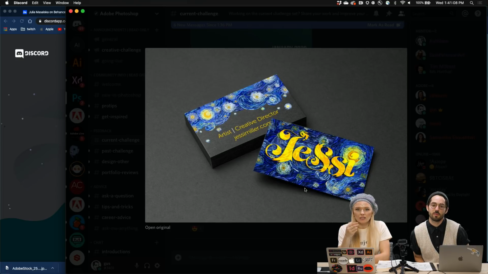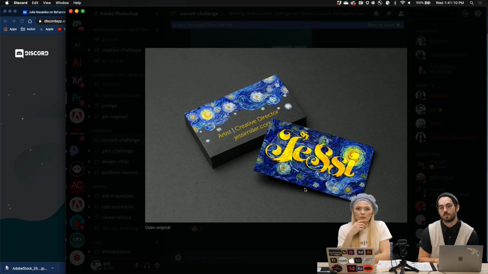So it's really easy to read. And I think you've done a really good job. Yeah. I love this touch right here. It feels like there's a lot of weight up top with the Starry Night, and it's kind of dropping these little, almost like it's raining. It's like a transition into that black. I think it's really nice. I like it too. It's amazing. Great work. Thanks for sharing.